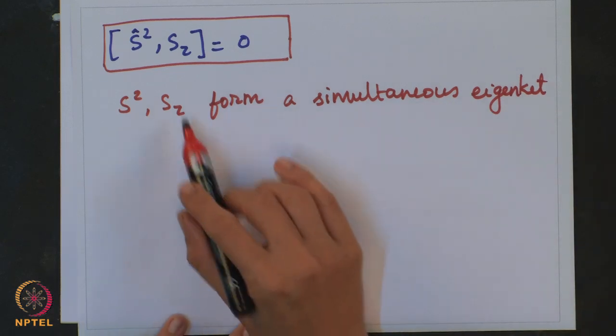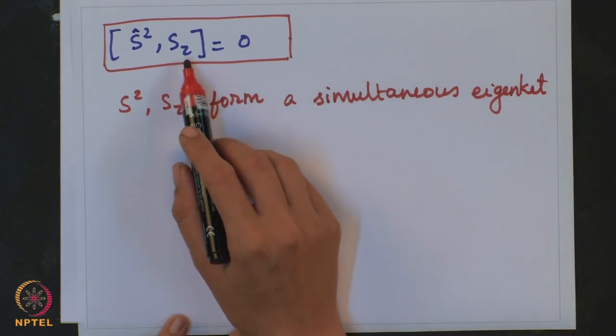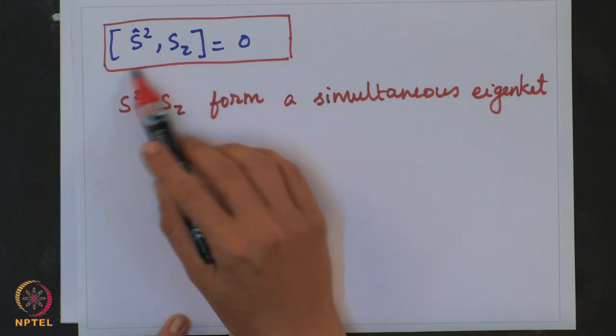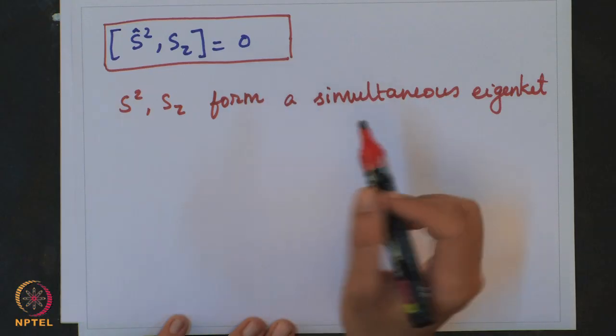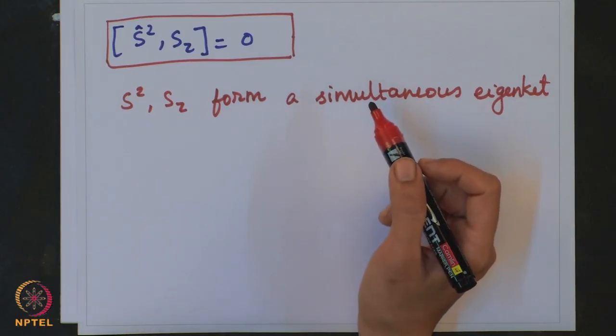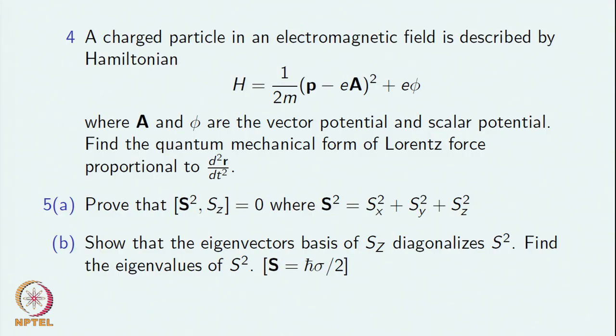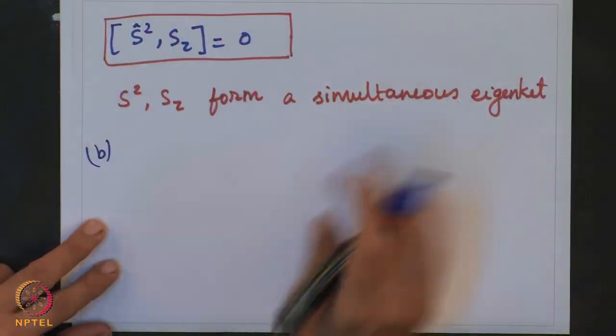So, eigenvalues and eigenvectors of Sz can help you to find the eigenvectors of S square. In the second part, you are asked to show that the eigenvector basis of Sz diagonalizes S square, and you have to find the eigenvalues of S square also. So, for part B, now you can write